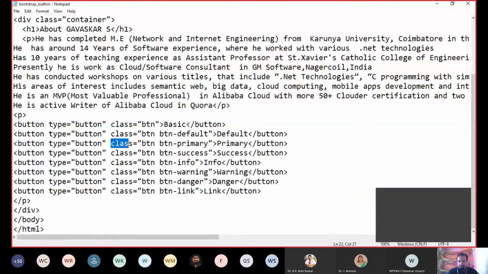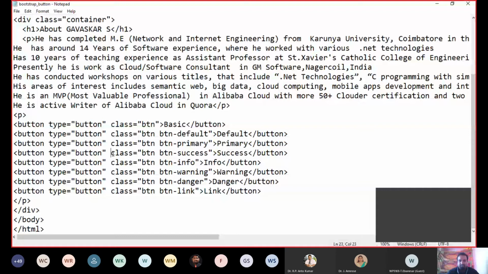Now, if you want to have class success button, then button hyphen success, and class button hyphen info. It will be in green color. Info will be in, no, it will be in orange color. Now button warning, red color. The button will be in red color, and danger again it will be red.